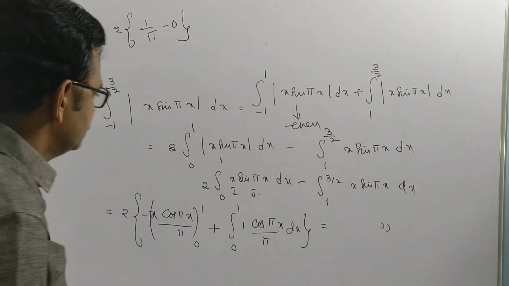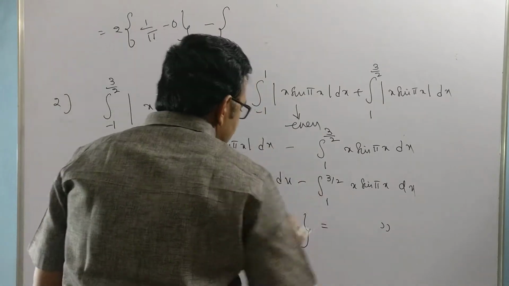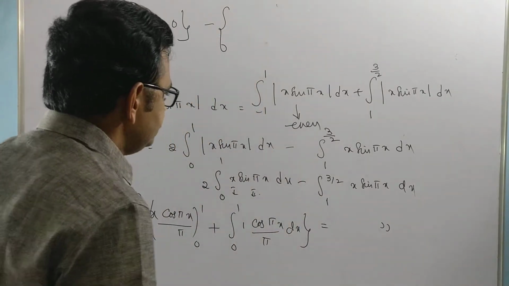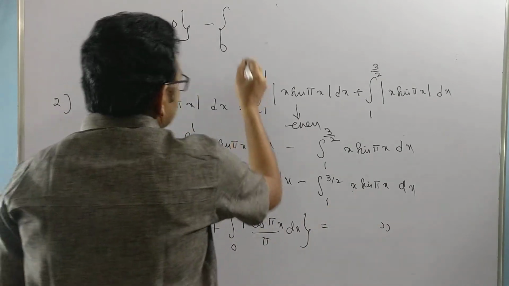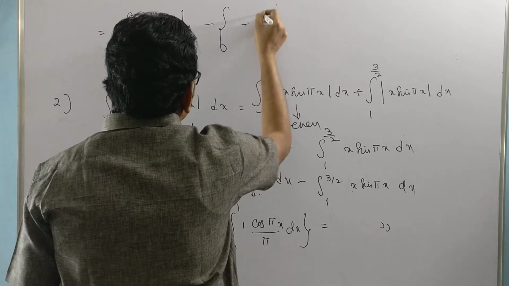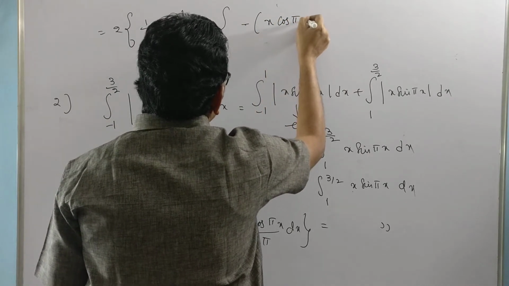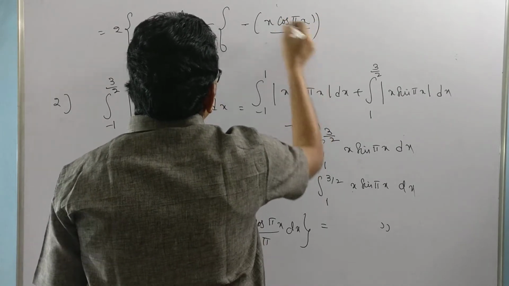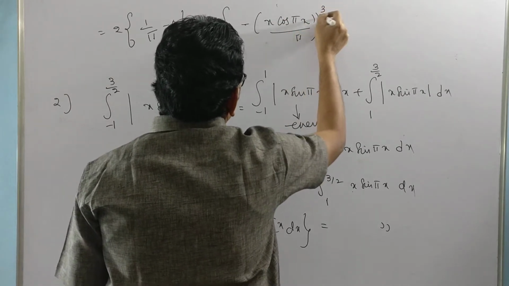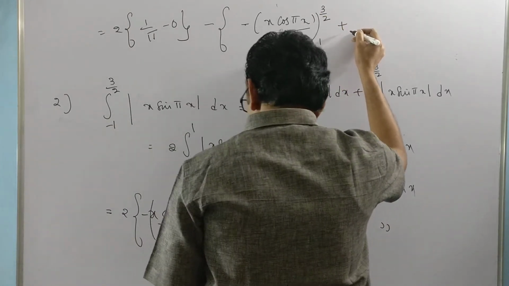Then minus of, for the second integral, there also you apply integration by parts. So that is minus of x into cos of pi x by pi, with limits 1 to 3 by 2, next to plus